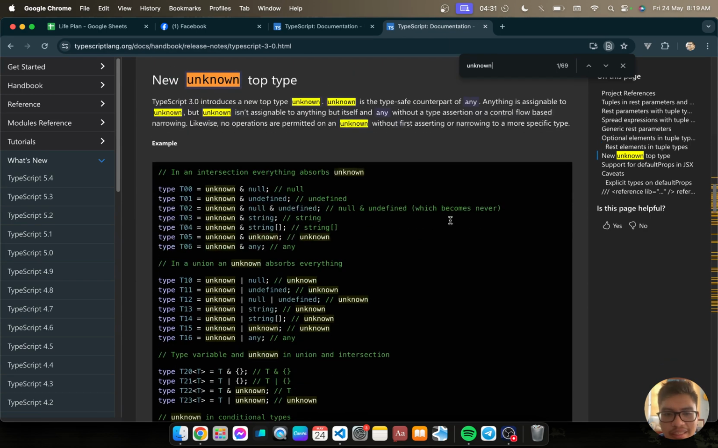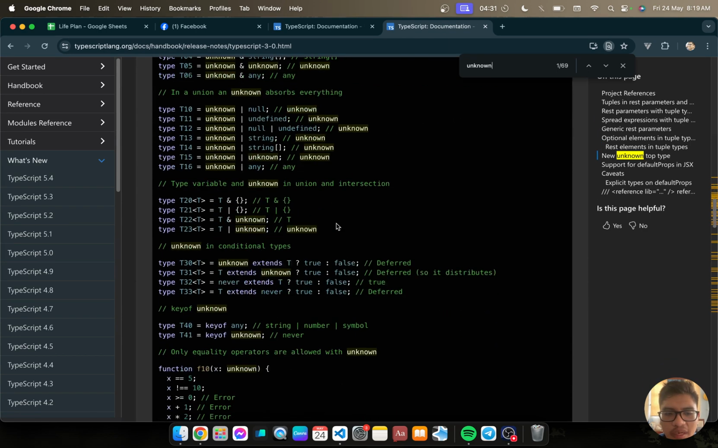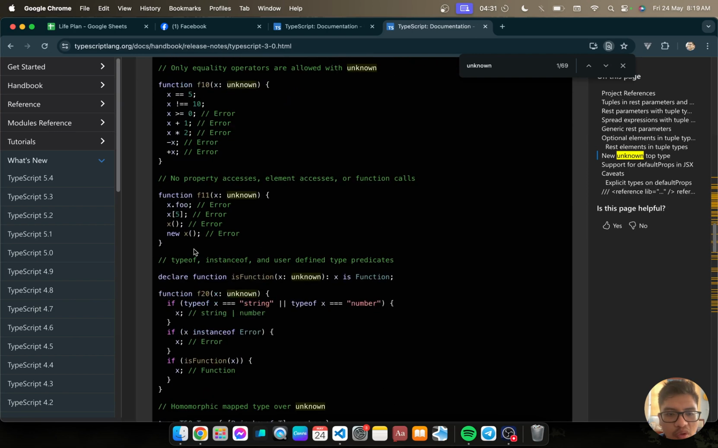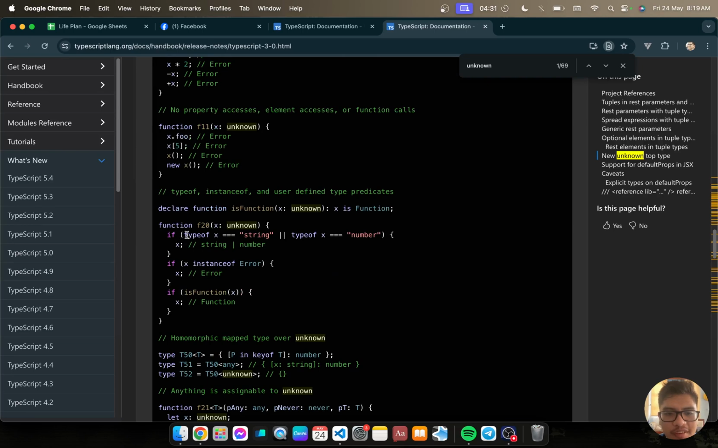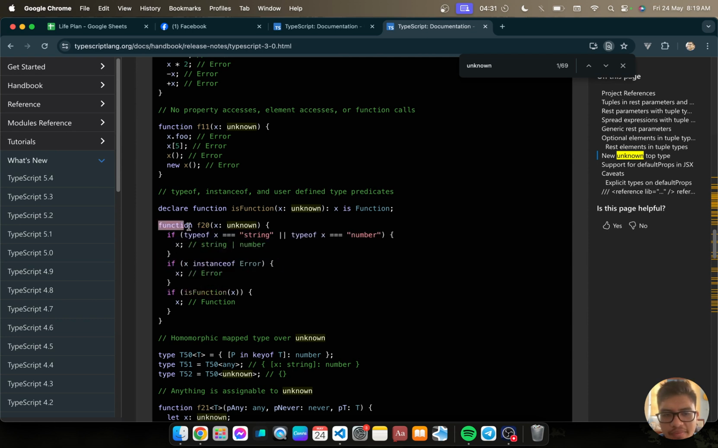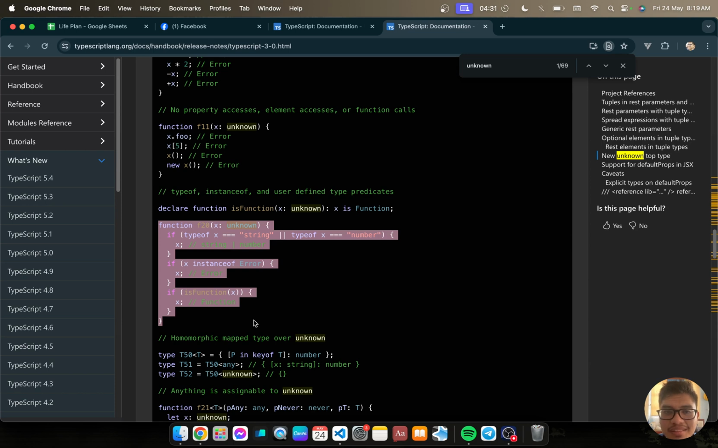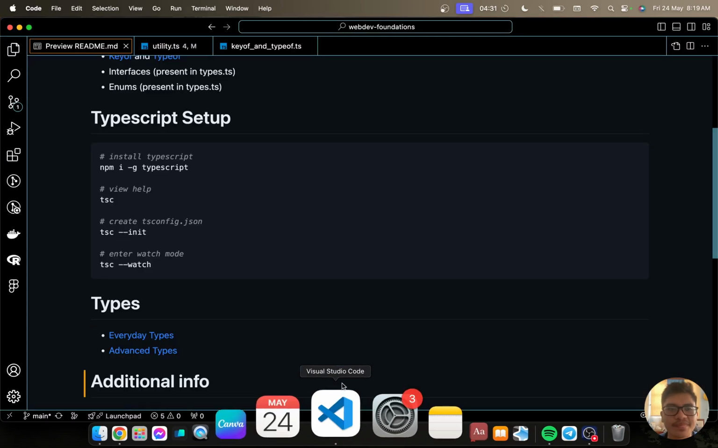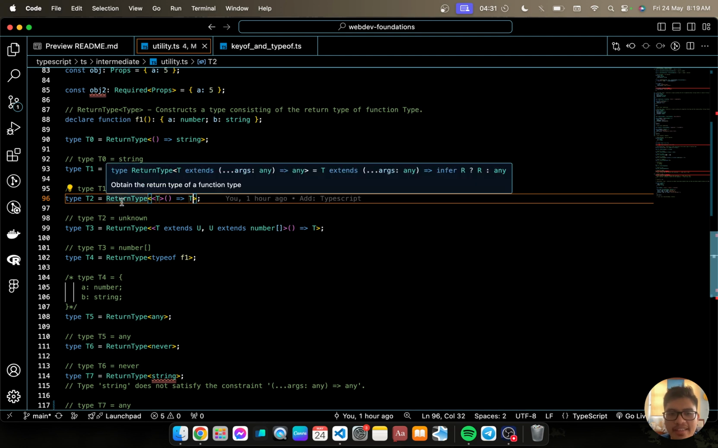So as you can see here, when we're going to use unknown, we have to be more specific. Like if typeof x is equal to string, typeof x is equal to number, in order to use this. Okay? So this is TypeScript's way of ensuring that we know what we're doing. Okay? So going back here,